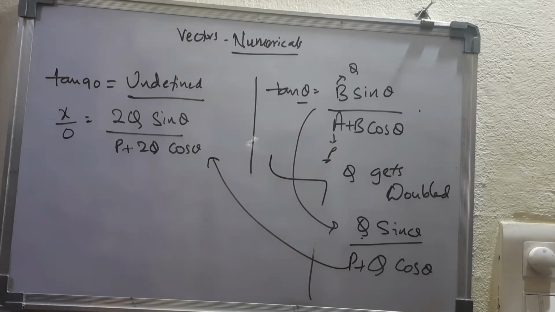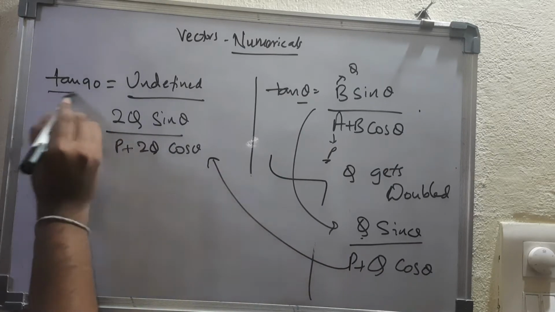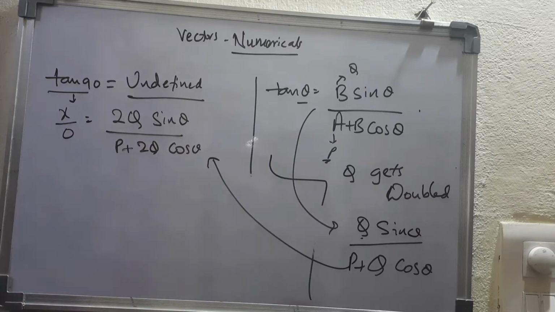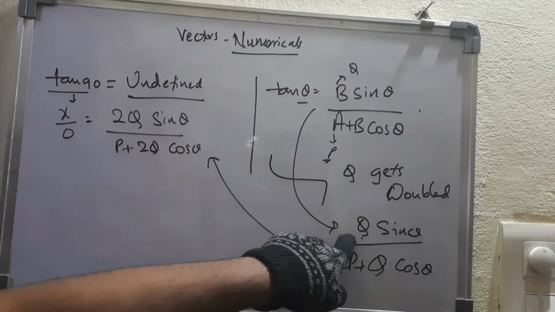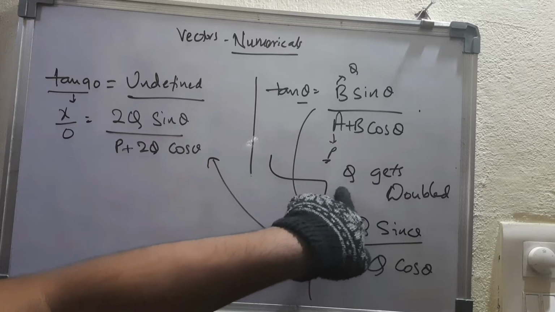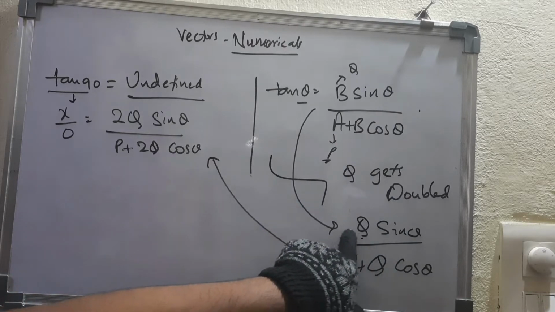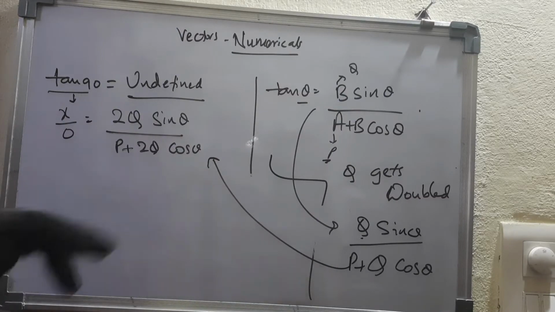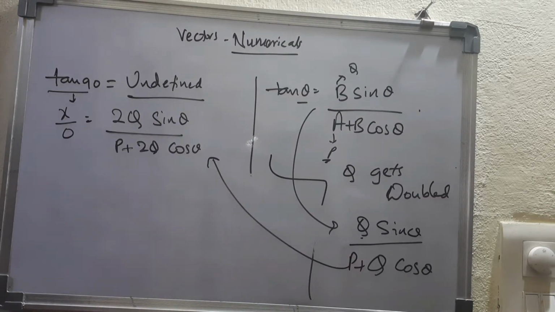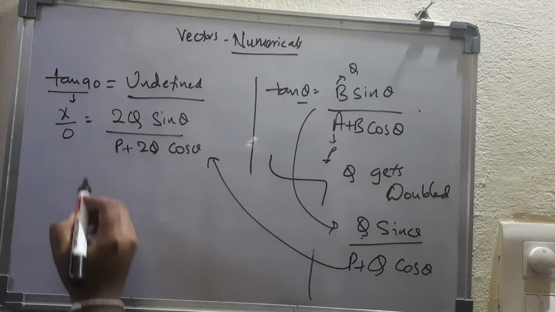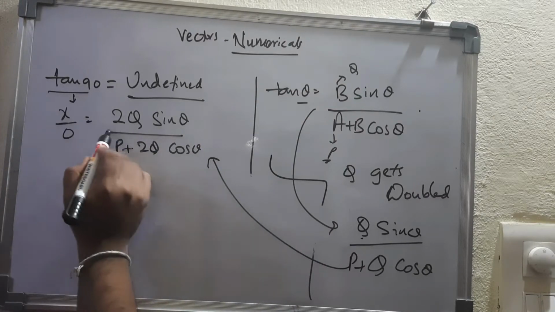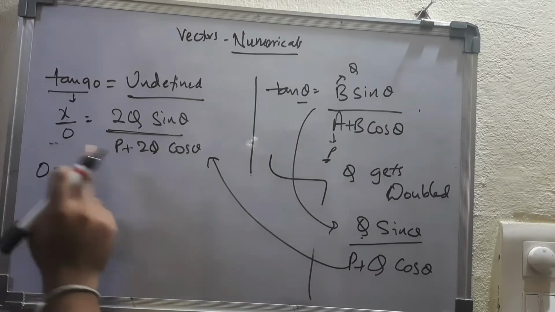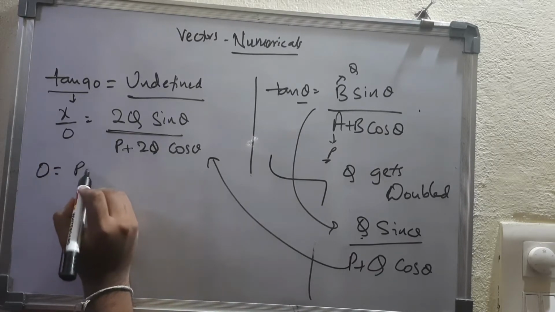Tan 90 is undefined, so we write it as x by 0, and since q gets doubled, q sin theta by p plus q cos theta becomes 2q sin theta by p plus 2q cos theta. Now x is equal to this value, 0 is equal to this value, so equating denominator with denominator, p plus